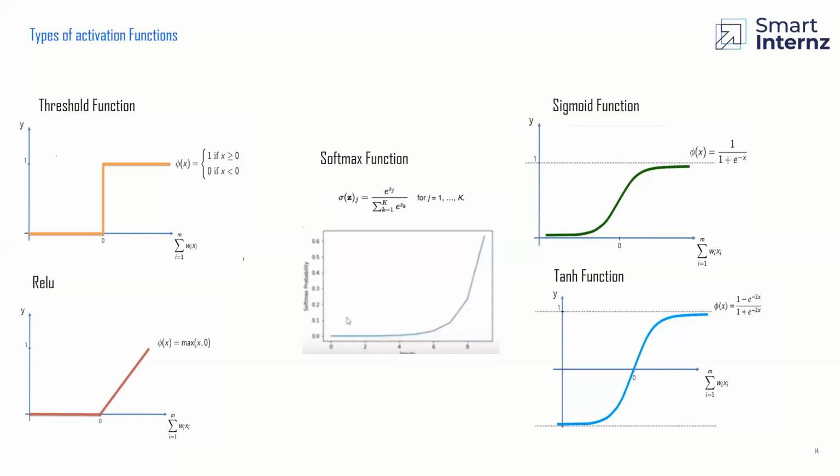So with this, the activation function can be used in binary classification. As the name suggests, it is the binary step function, or you can also say a threshold function. This activation function can be used in binary classification. Now come to the next